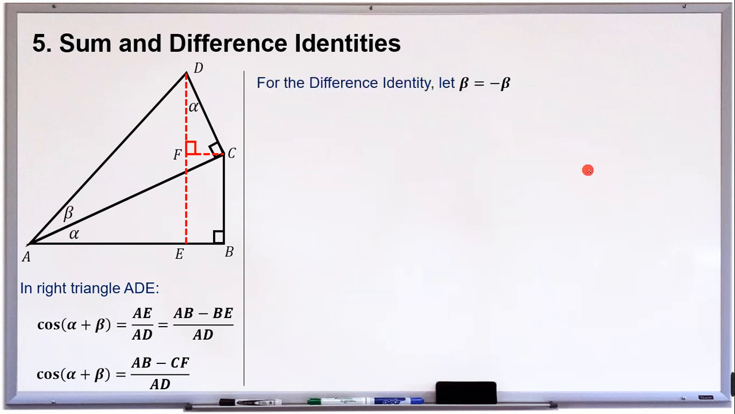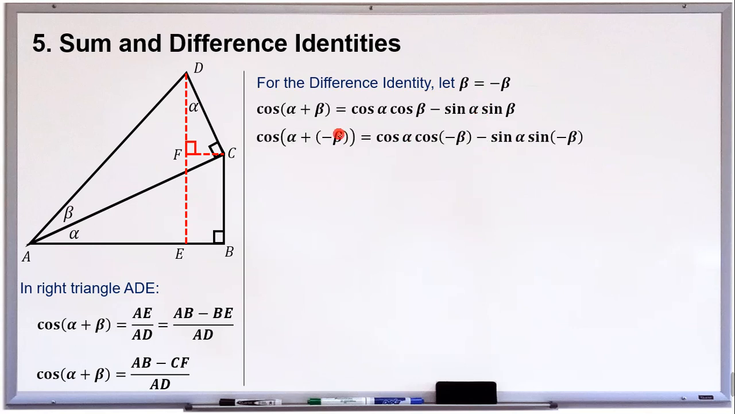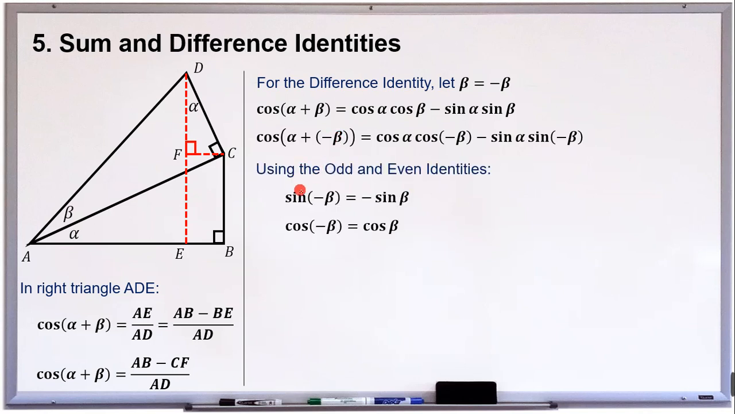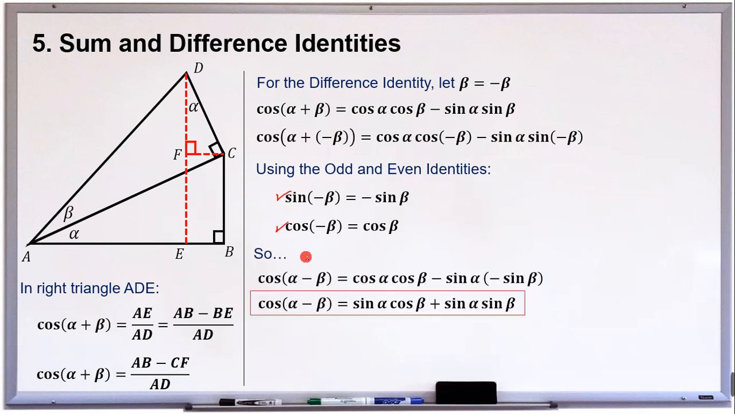And for the difference, we'll simply let beta equal to the negative of the angle beta. So if we're going to substitute this expression to our equation for cosine alpha plus beta, and then use the odd and even identities for both sine and cosine, we will end up with this equation. So cosine alpha minus beta is